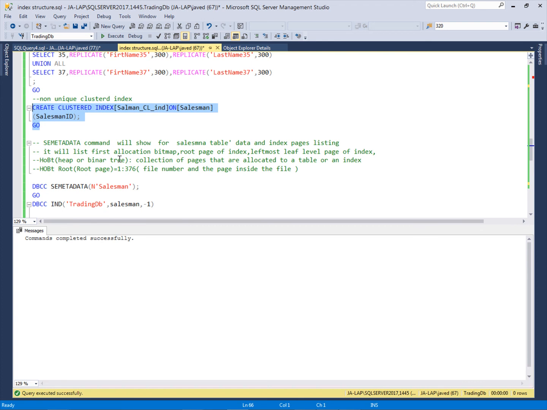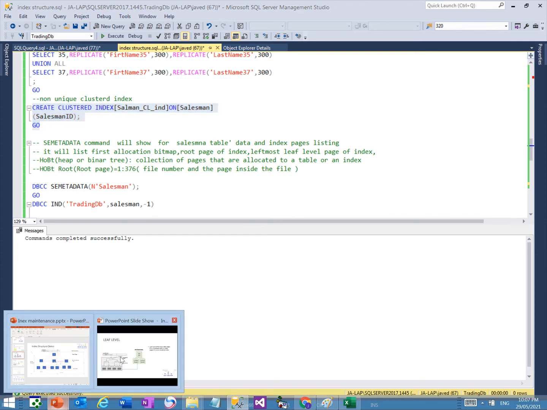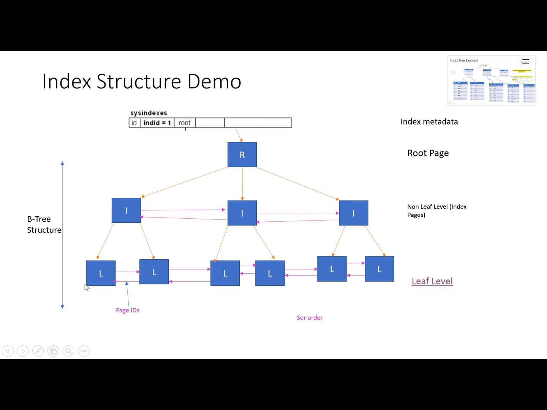Now the index is created, and behind the table the structure for this index is created, and we have discussed this index structure in the previous video. The index structure is like this. At the top of every index structure there is the root page, and the root page contains a bunch of records which are used by the SQL Server storage engine to navigate through this index structure. And the intermediate pages also contain records which are used by the storage engine to navigate down the index structure to approach the leaf level.